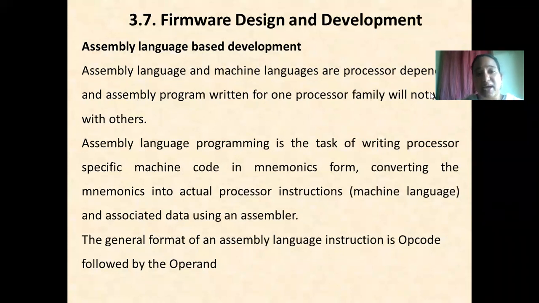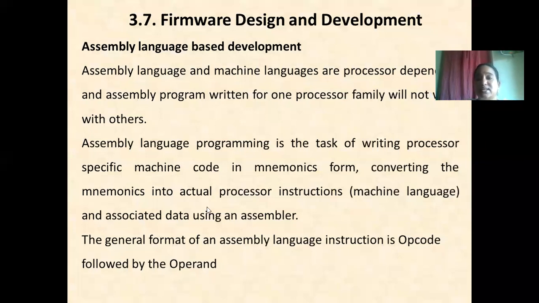So in the first type of language, that is processor-dependent language, we'll write the program in the assembly level language using mnemonics which differ for different processor families. For every processor family, these mnemonics are different. Yes or no? After writing these programs in mnemonic form, we'll convert them into binary codes, which can be understood by the processor. Why? Because these mnemonics are not understood by the processor. All the processors and controllers at the core of the embedded system are digital circuits. A digital circuit can't understand assembly level language or high level language. They only understand binary codes.